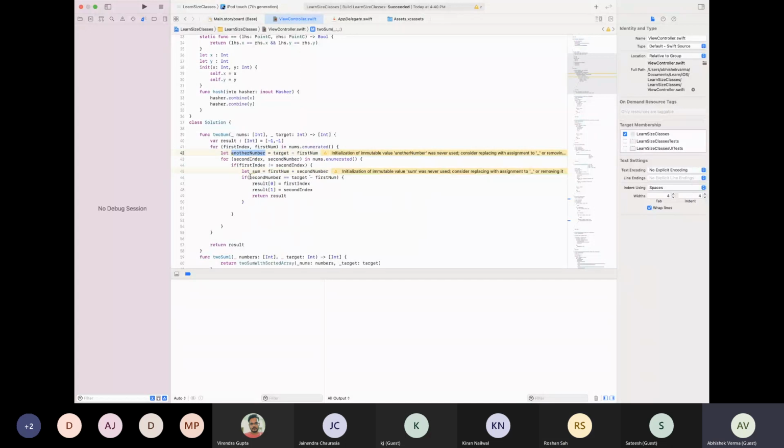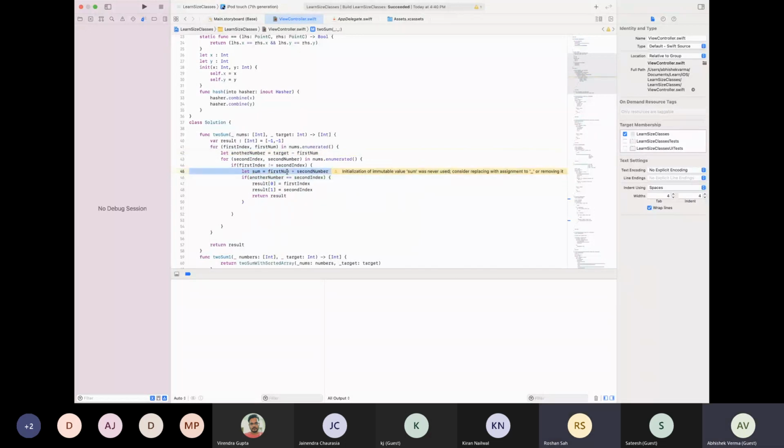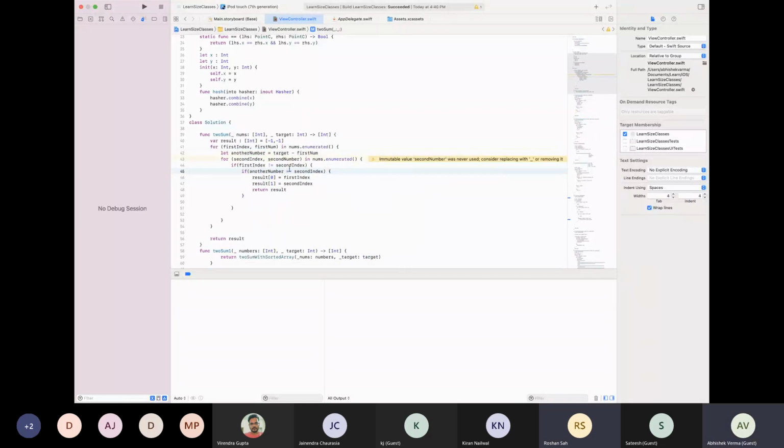In this case, where I have written this one, yes, another number equals the second number. And then we can omit this line number 45. I hope it will work, because with this, what we are able to achieve is that we don't have to sum the value every time in the second loop, the child loop. Rather, we will check only the first number, and then we will present that complement number. Yeah, this is also one of the approaches we can do.